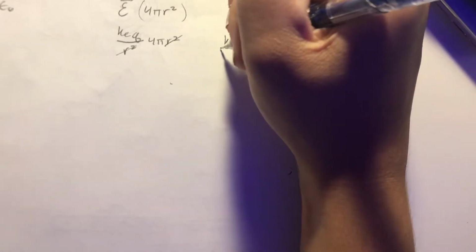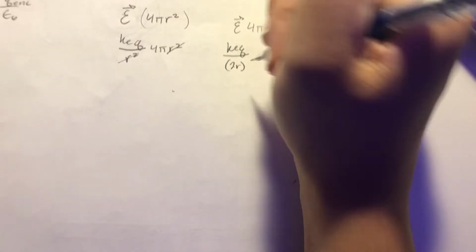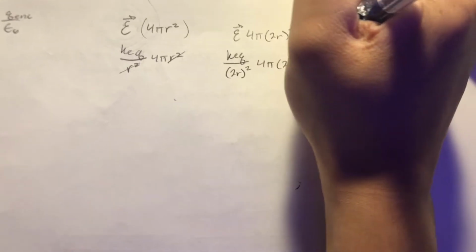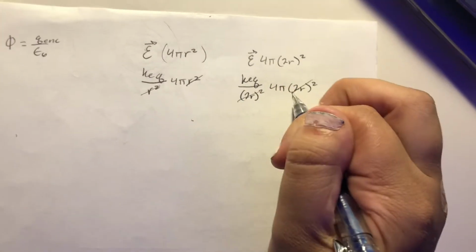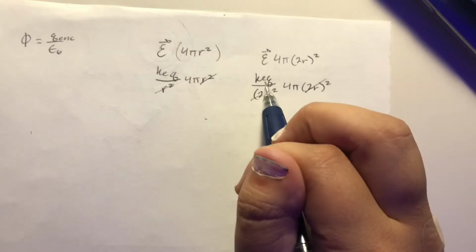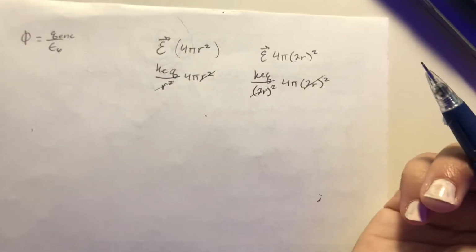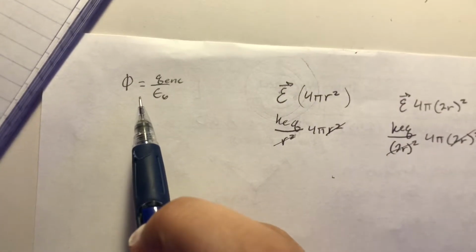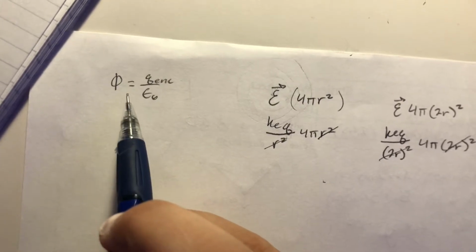For the larger sphere, it's going to be k e Q, but now it's still 2r, because it's twice as far away, squared, times 4 pi (2r) squared. And again, our 2r's are going to cancel. So the ratio between k e Q 4 pi and k e Q 4 pi is just 1, because they're the same. And it also holds true if we look at Gauss's law, where the flux is equal to the